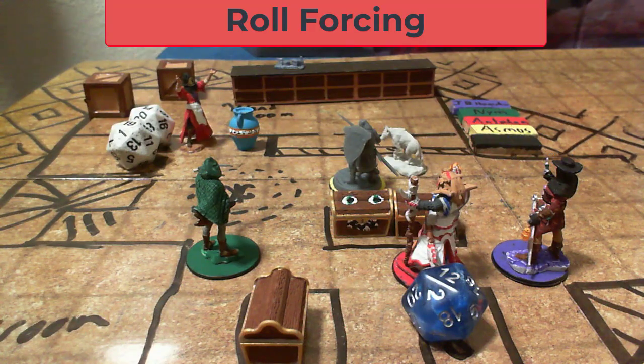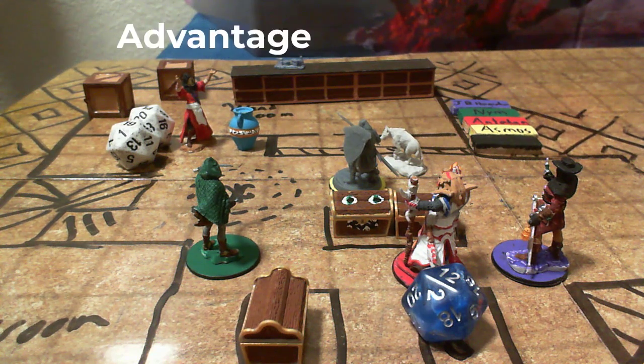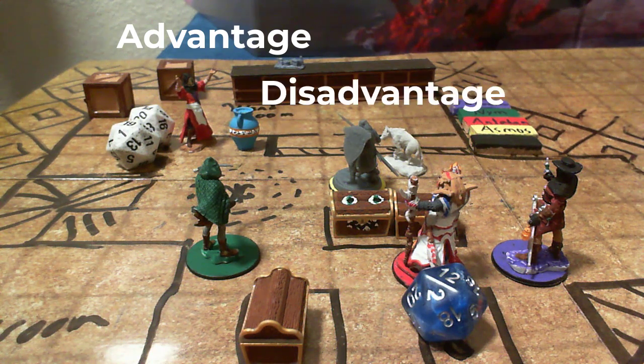Roll forcing is a spin on the action economy. The idea of roll forcing is that a side that causes more dice to be rolled is going to have the edge. Just as action economy increases the probability that something will hit, roll forcing either increases the chance, as with advantage, decreases the chance, as with disadvantage, or brings up the possibility that something will go badly wrong, as